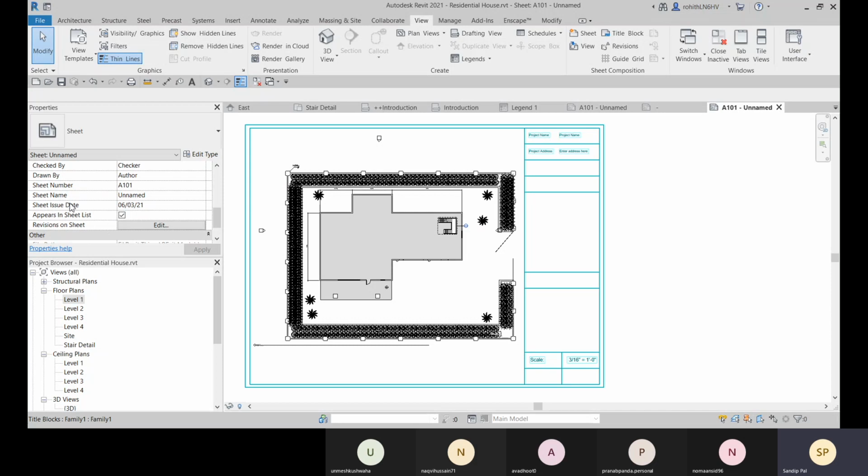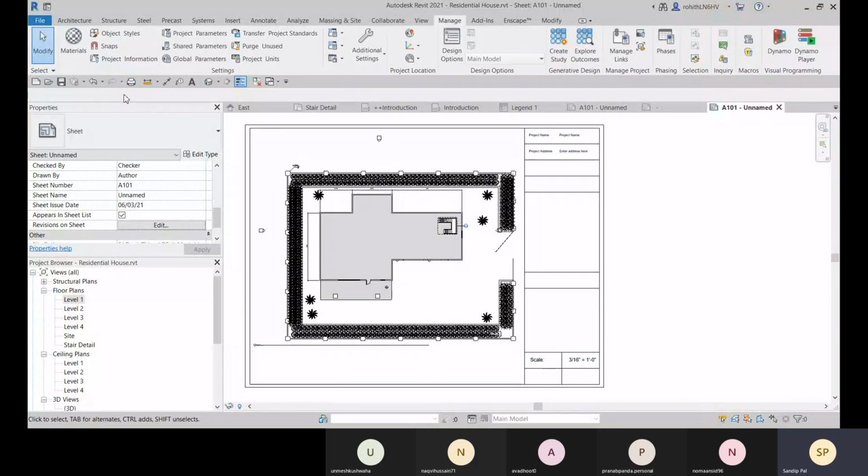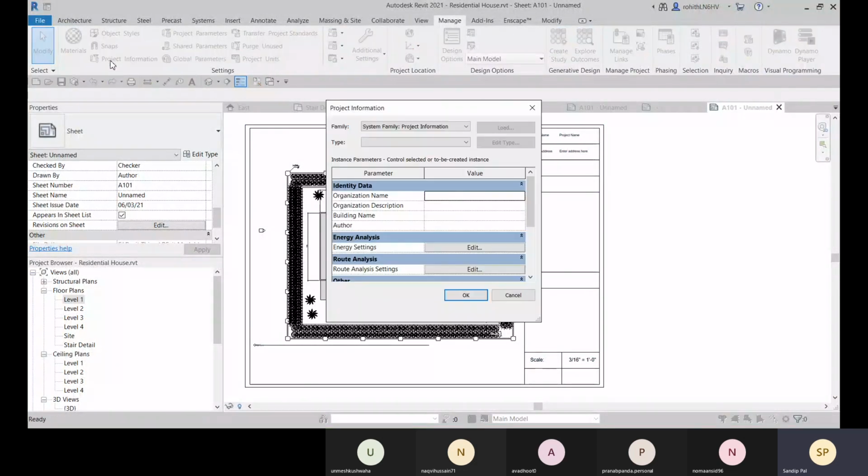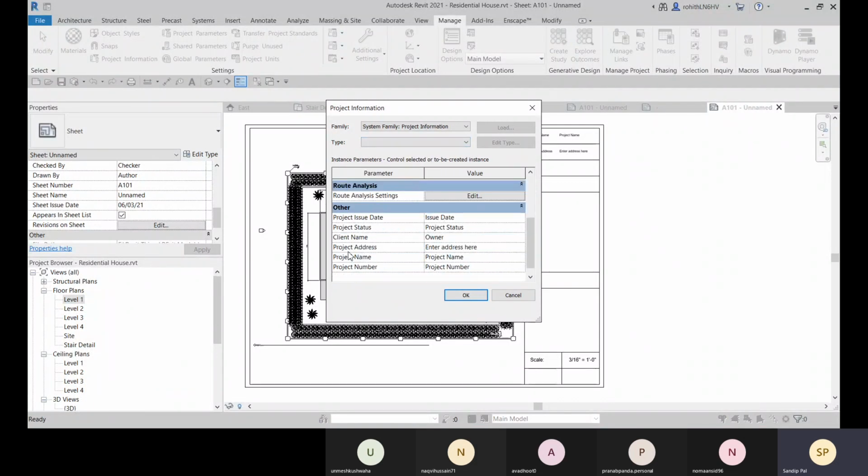And here you can see that I don't have the project name and address options. So for that, I can go to this manage, and there I have this project information. Okay. So within this project information, if you have any particular type, you can choose that. Here you can just provide the project name. So project name, I will provide demo for batch sun.